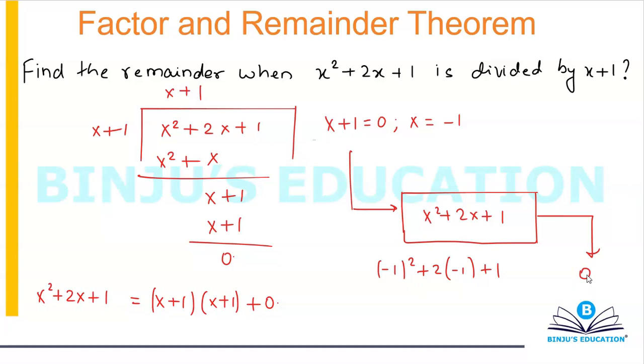And whenever your output is 0, then the input is known as the factor. If your output is 0, then the input becomes a factor. If the output is not 0, then it's simply a remainder theorem, or you're simply dividing it, that's it. That's what the factor theorem and remainder theorem is all about. So the basic point is that in your SAT exam, you are supposed to use this method.